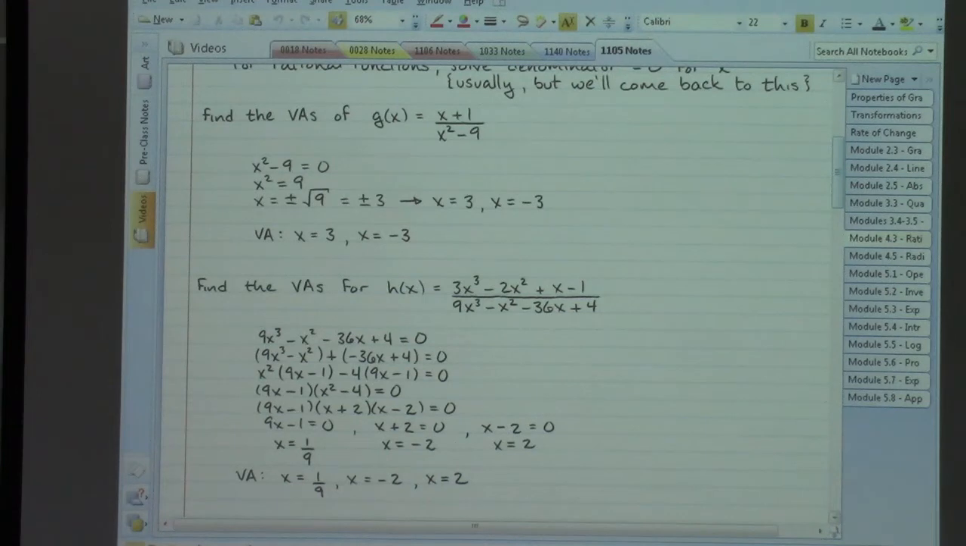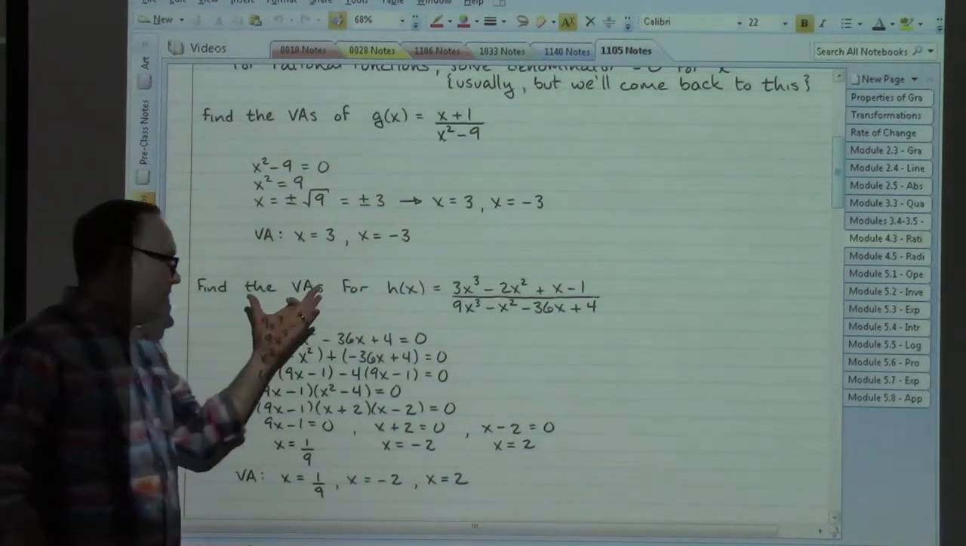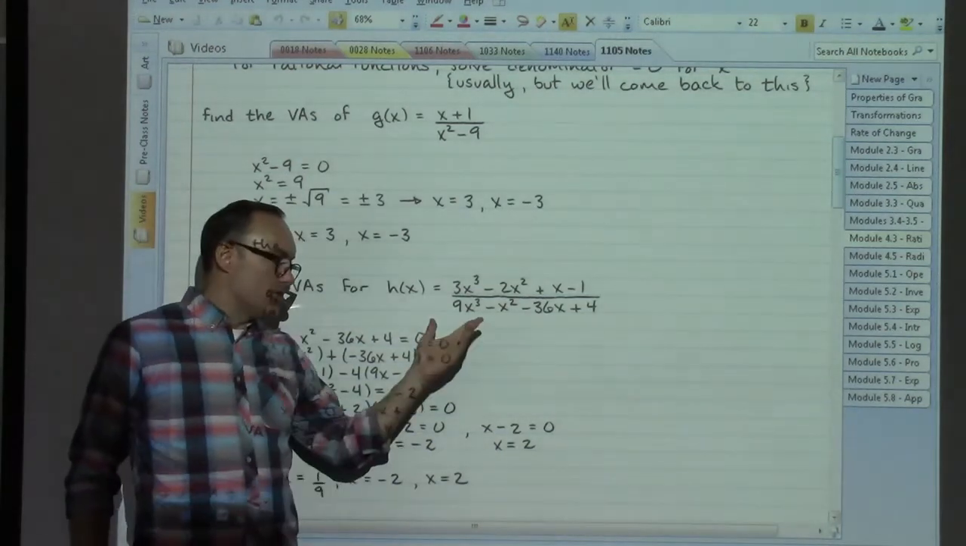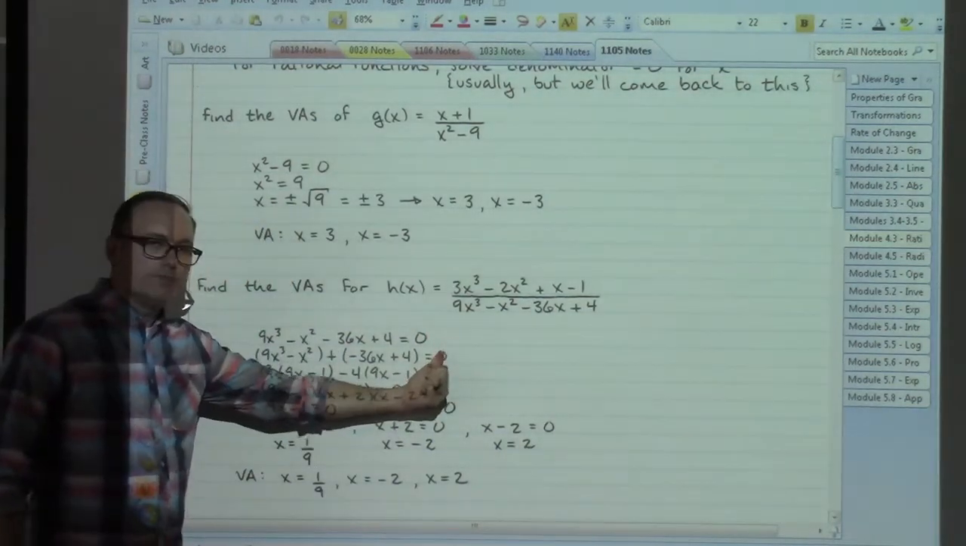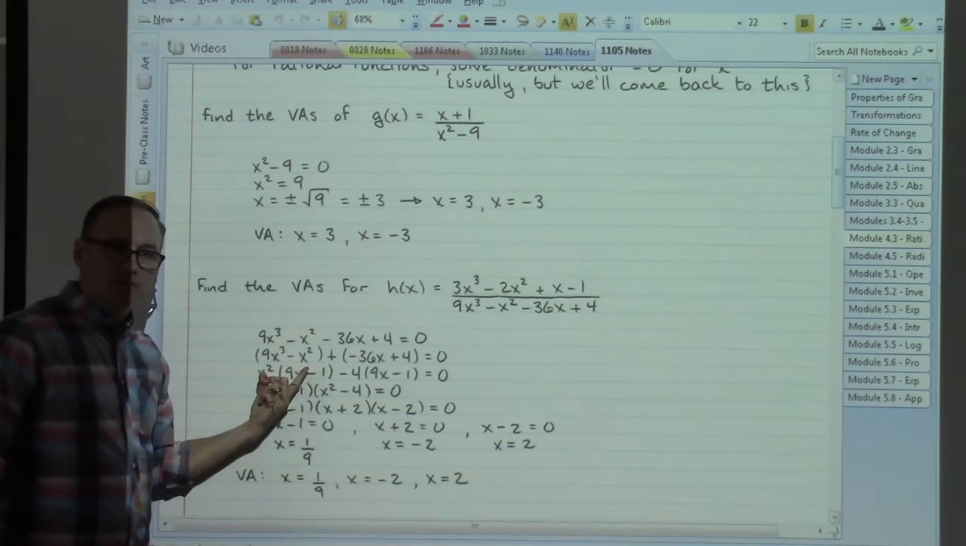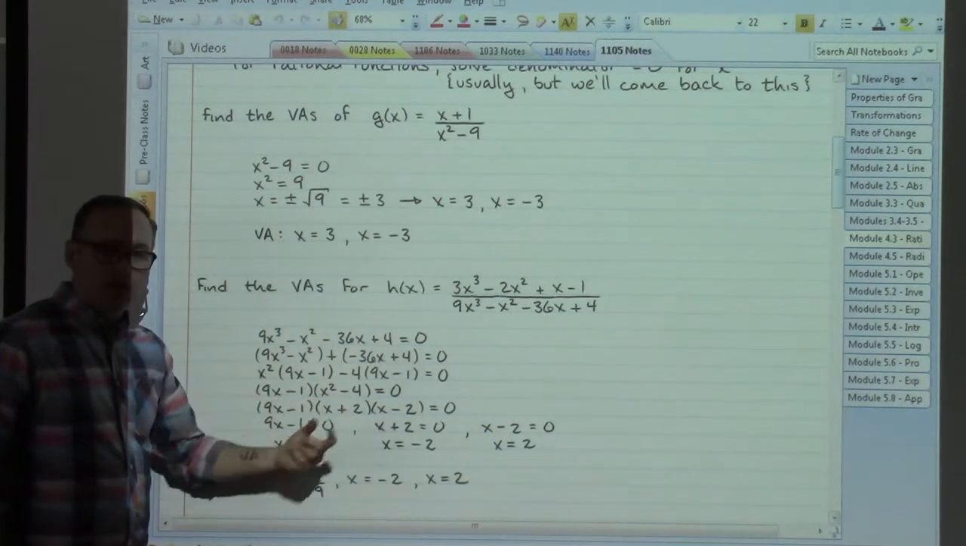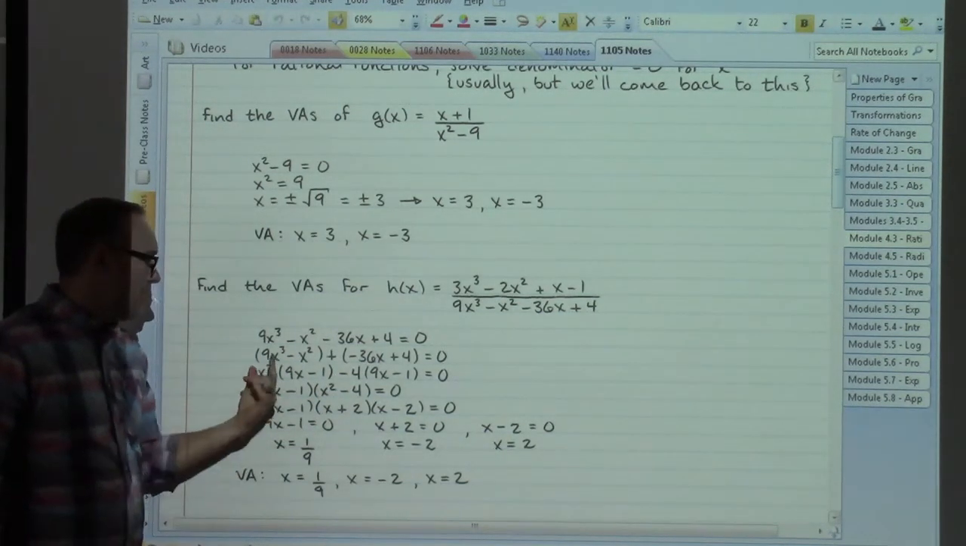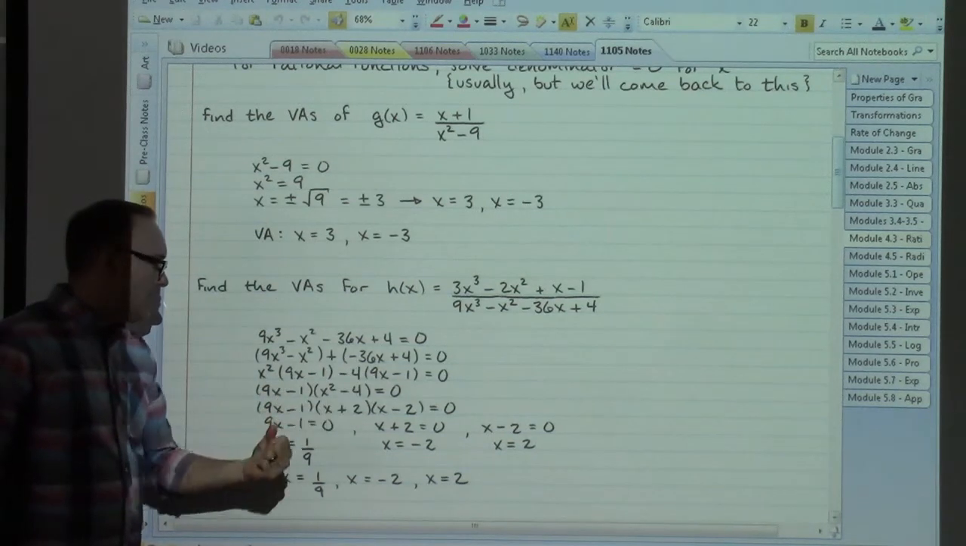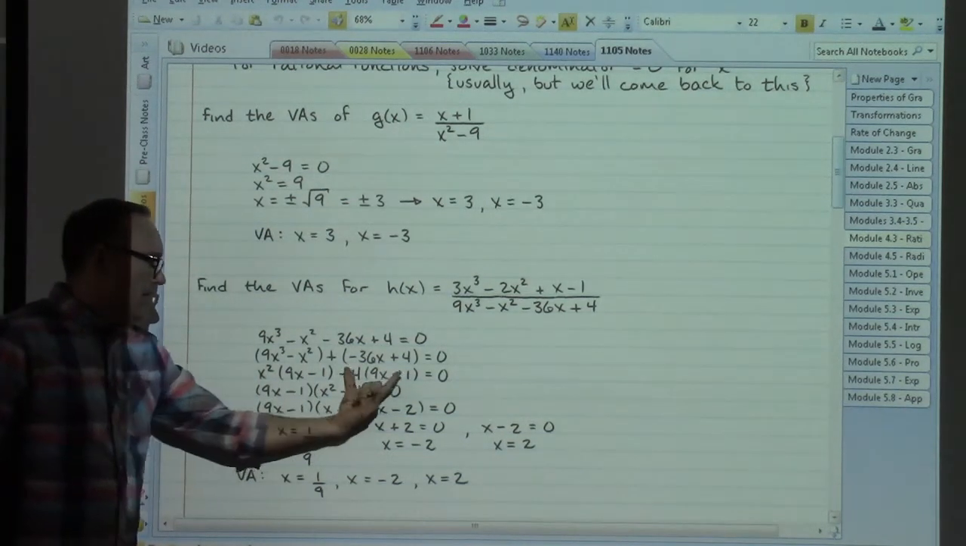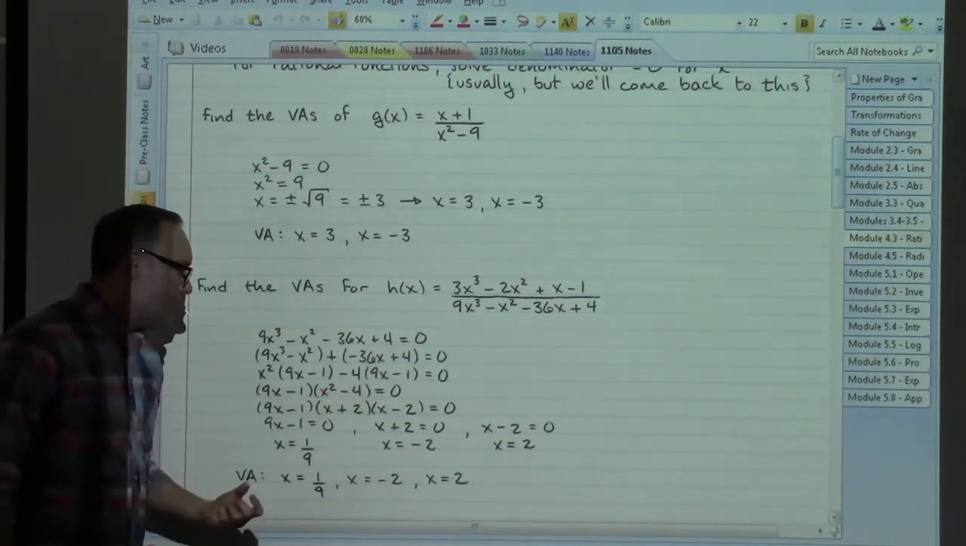Remember, we've got a lot of different variation for what we could encounter. So vertical asymptotes: take your denominator, set it equal to 0. In this case, we have 4 terms. We could try factoring by grouping. Group the first pair, group the second pair, factor the first pair, factor the second pair, get that same 9x